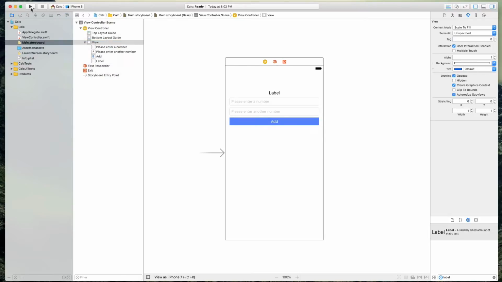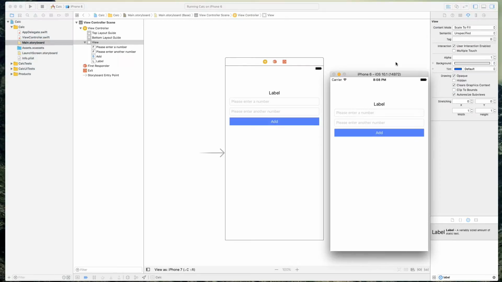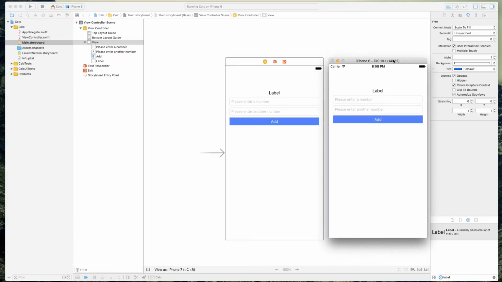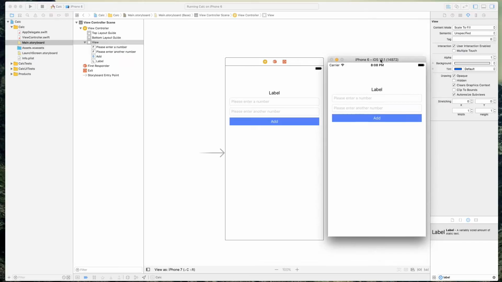So I'm going to click run, and this might take a while because the simulator needs to boot up, but I'm going to be back when the simulator boots up. So give me a second, guys. Awesome. So my simulator loaded, and as you can tell, the iPhone is running and it looks exactly how we designed it. Awesome. So if we put in a number right here,